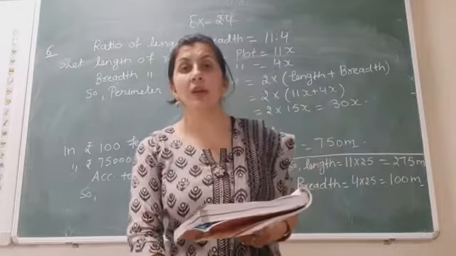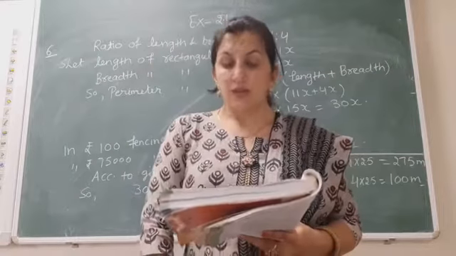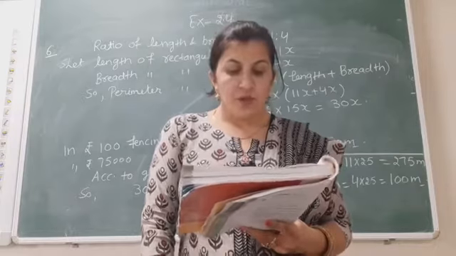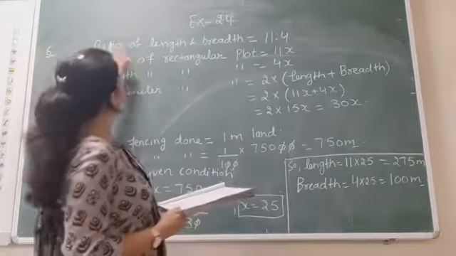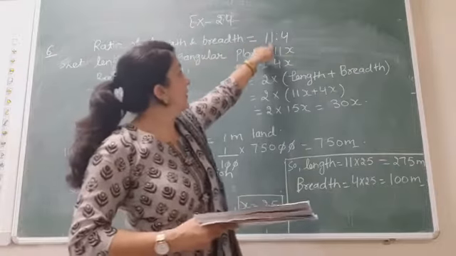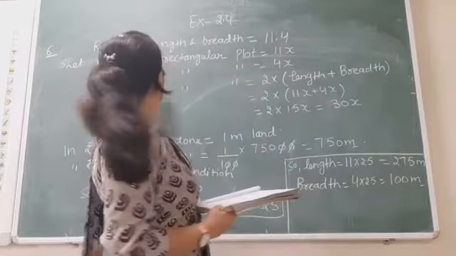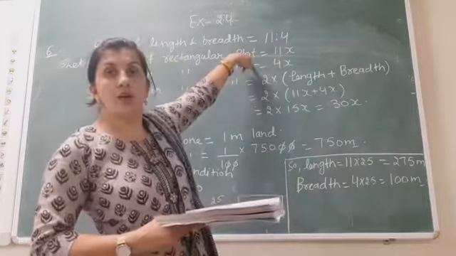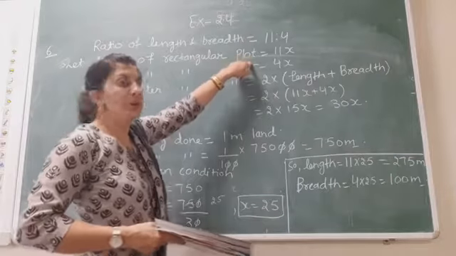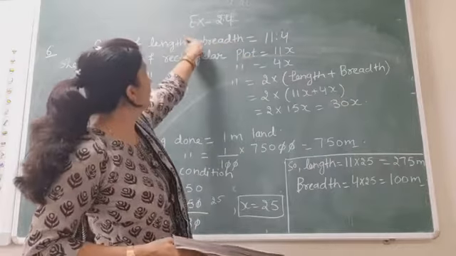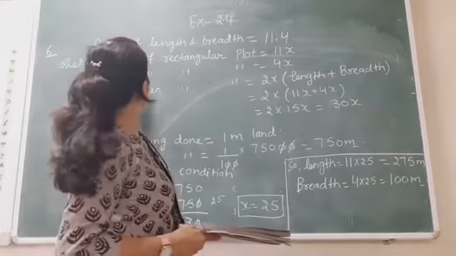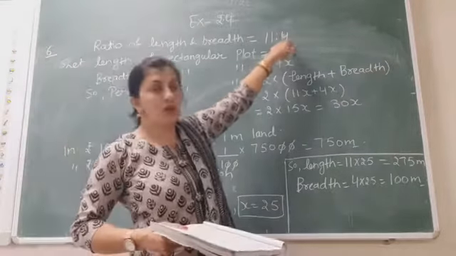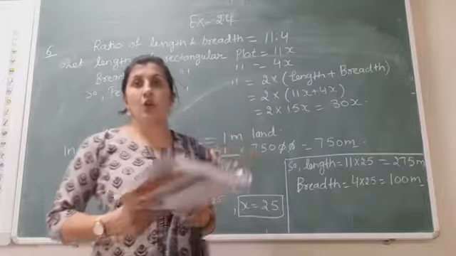They are talking about a rectangular plot which is reserved for a school. Length and breadth are in the ratio 11:4. When there is a ratio, what do we do? Firstly, length is given, so length is 11x. We will take a variable with this, and breadth is 4 ratio, so this is 4x. So they say